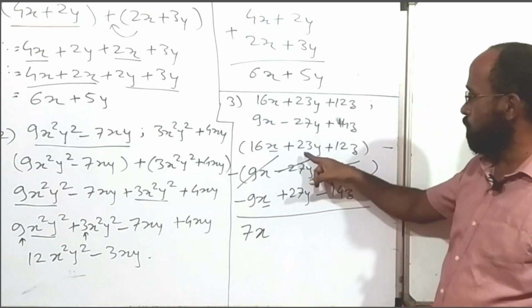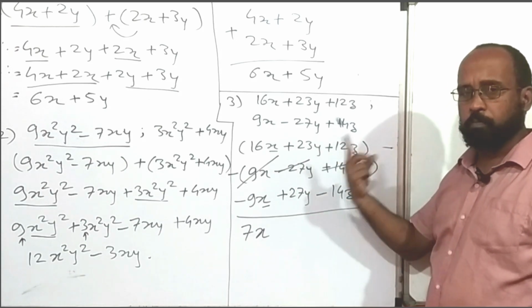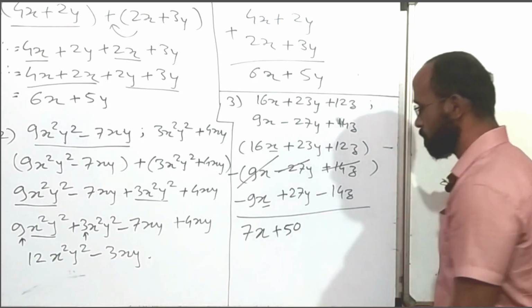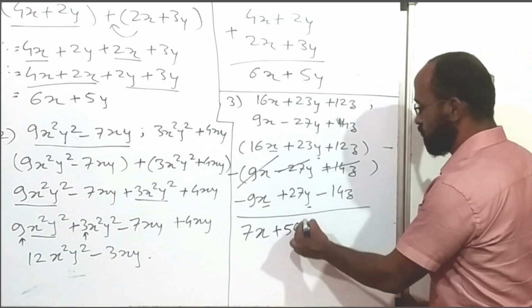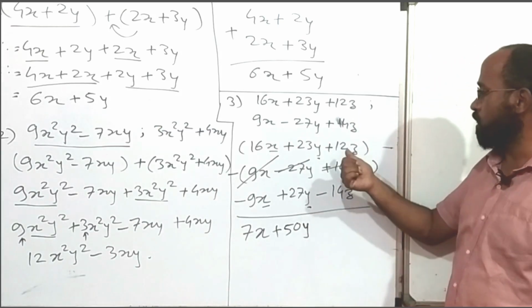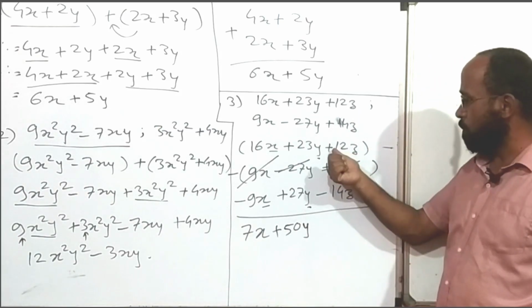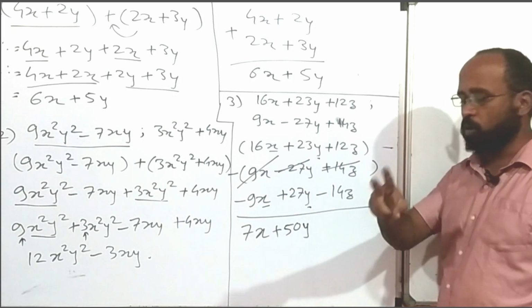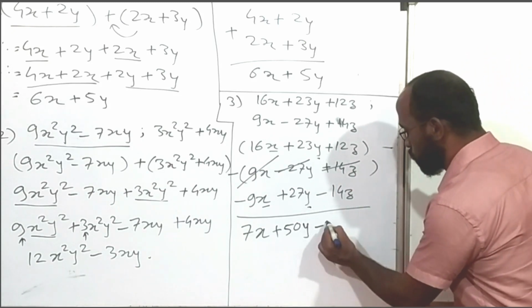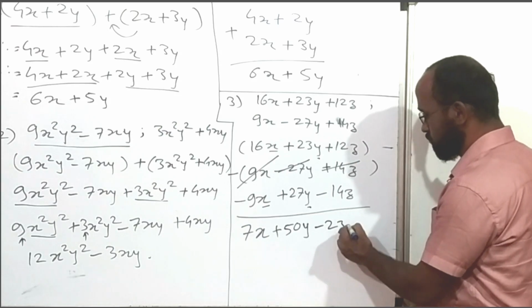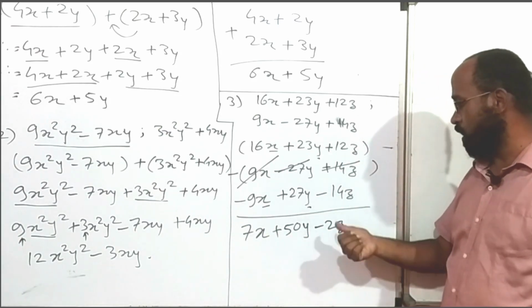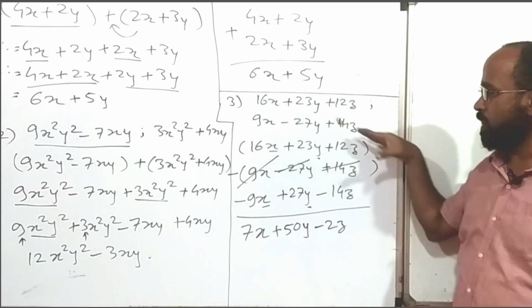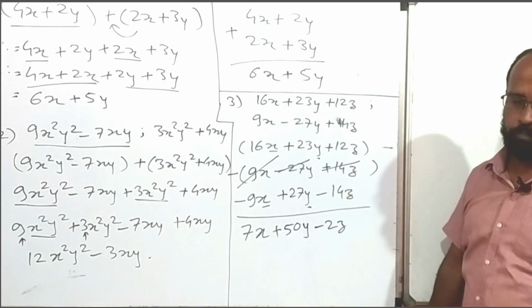Okay, plus 23y plus 27y, do their addition. 23 plus 27, 50, symbol of the greater magnitude is plus, right, variable with indices as it is, so plus 50y. Third one is plus 12z minus 14z, plus minus means do the subtraction. 14 minus 12, answer is 2, symbol of the greater magnitude is negative, so negative 2, right, variable with indices as it is, so plus 7x plus 50y minus 2z is the answer of subtraction of second trinomial from the first trinomial. Got it, friends?